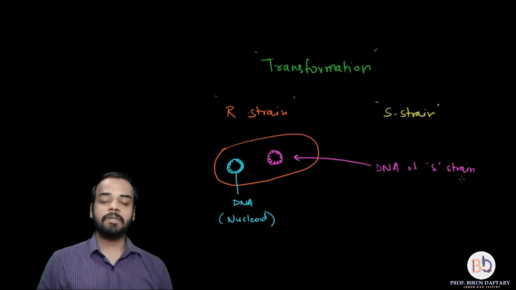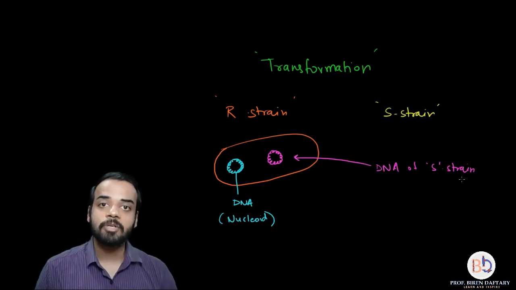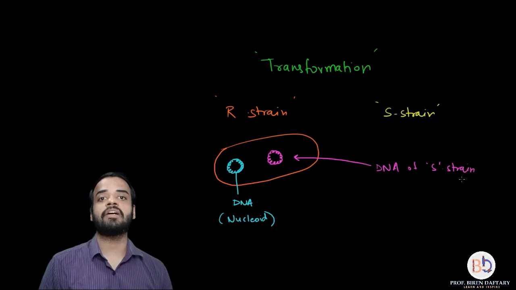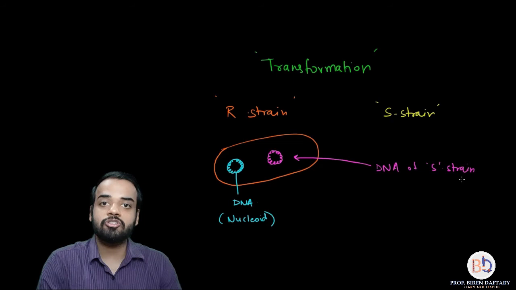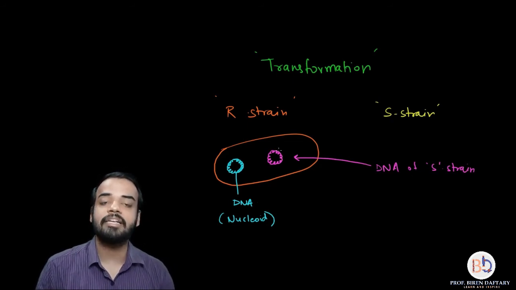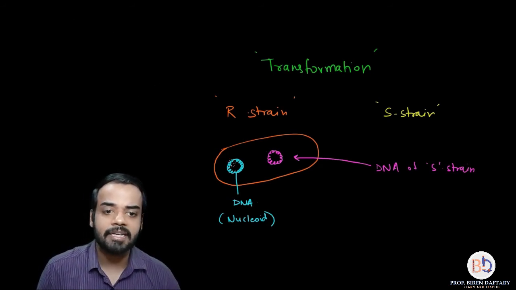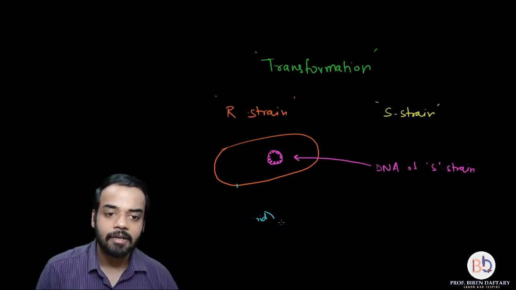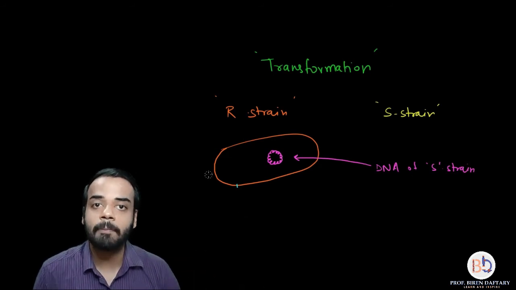Now what is going to happen is, now there are two nucleoids or two DNA present, but the DNA of the S strain is much more powerful compared to the DNA of R strain. So it basically hijacks the DNA of the R strain, or it takes over the DNA of the R strain. So to show that the DNA of S strain is much more powerful, I am just temporarily going to rub the DNA of S strain off. So basically now you are having R strain, but inside the R strain, which DNA is functional? DNA of S strain, because it is more powerful.